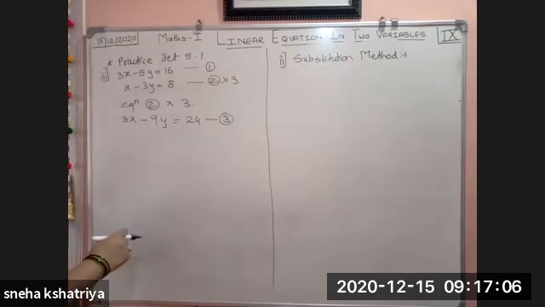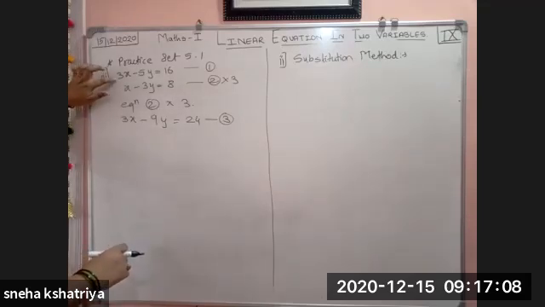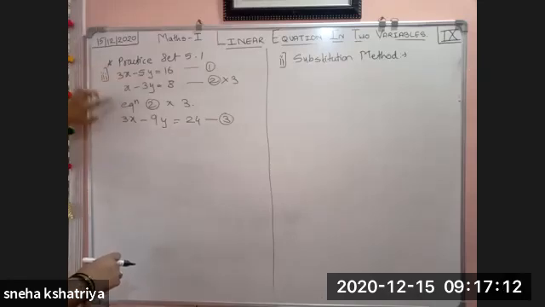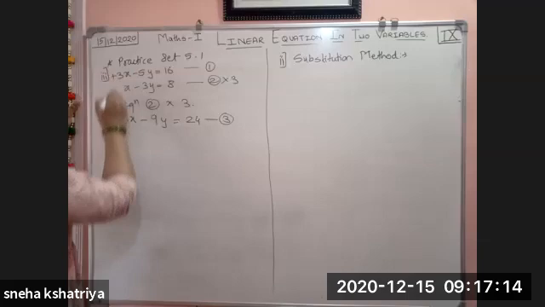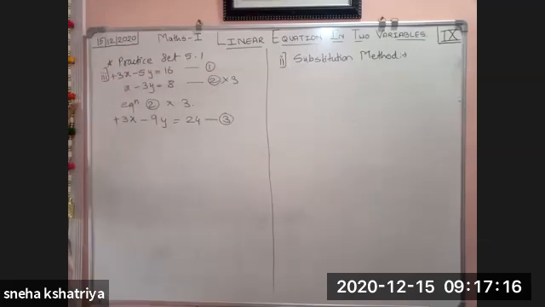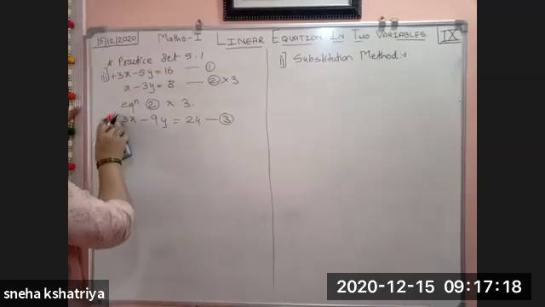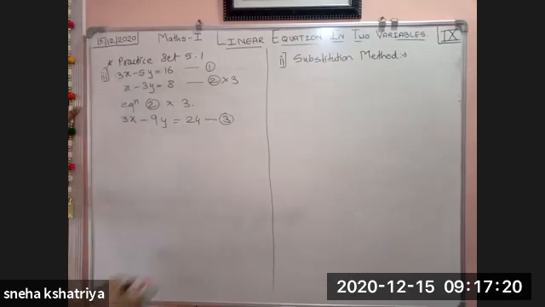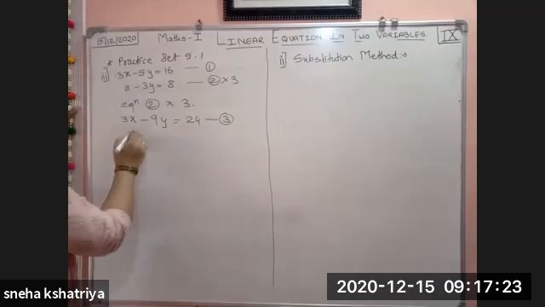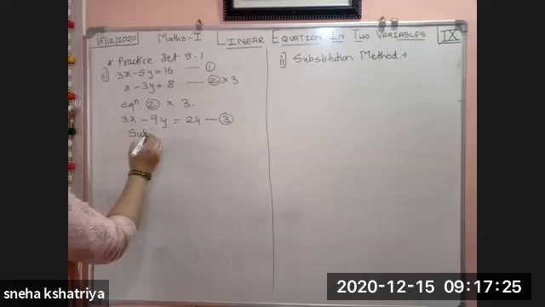Okay. Now you have to subtract equation 1 and 3, because see here, 3x and 3x are there but they have the same sign. Nothing is there means what? They are plus sign. Okay. So you have to change the sign of any one. So subtraction, we have to take subtraction.